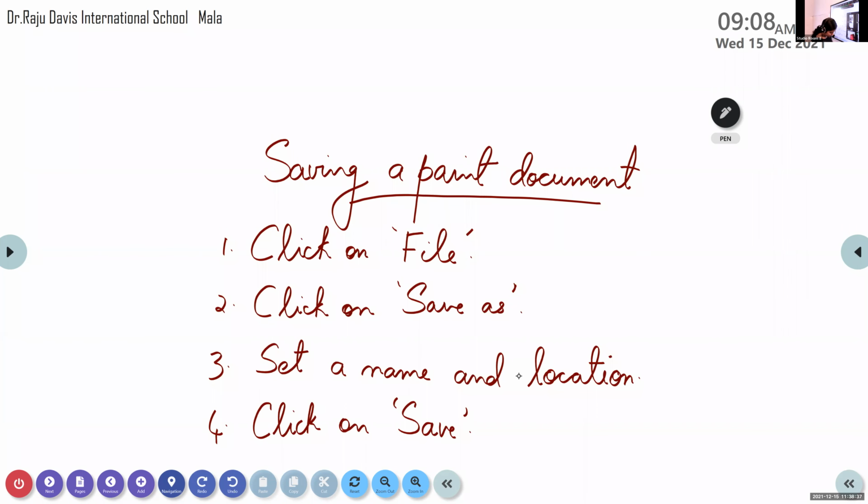Prarthana. Present. Nakshatra. Rehan Hanifa. Present, ma'am. Ritvik Anne. Riza Nazmia.